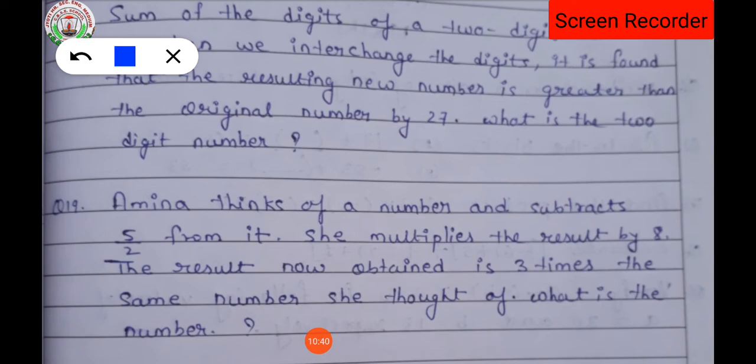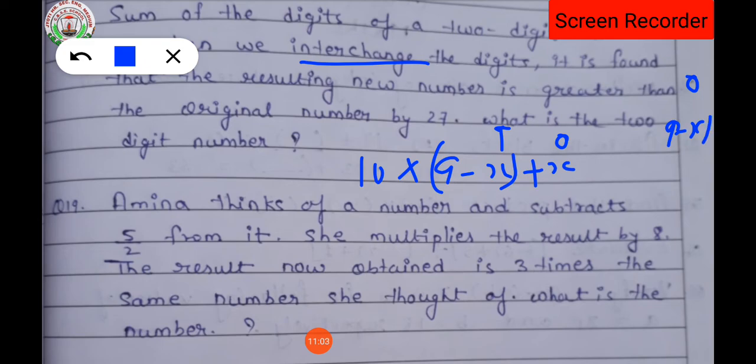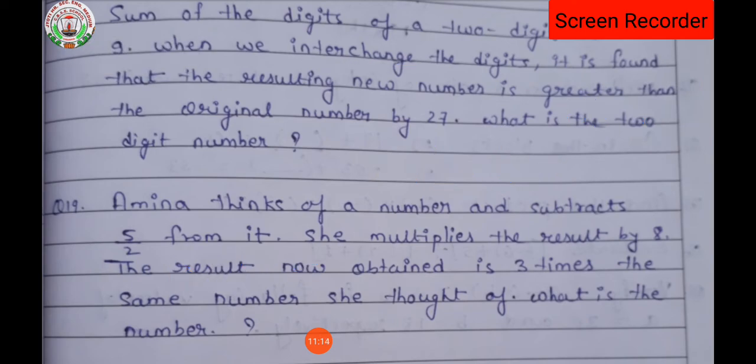And for question number 18, you have to consider the 1's place value as x and the 10's place value as 9 minus x. Then the expanded form of this will be 10 multiplied by the 10's digit, plus the 1's digit. Then while interchanging, the 1's place value will be 9 minus x and the 10's place value will be x. So the number will be 10x plus 9 minus x. Solving the equation 10 into 9 minus x plus x